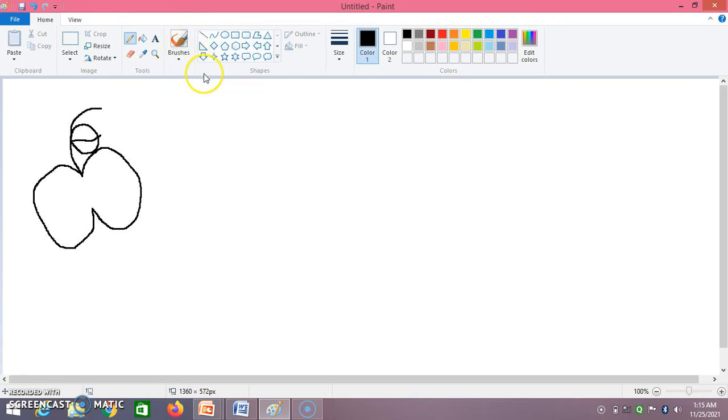Suppose I want to make use of the brushes tool now. Click on this brushes. Select the color, say red, Color 1. Select brushes, say you want this brush. I've selected the brush. Now go on coloring that part.